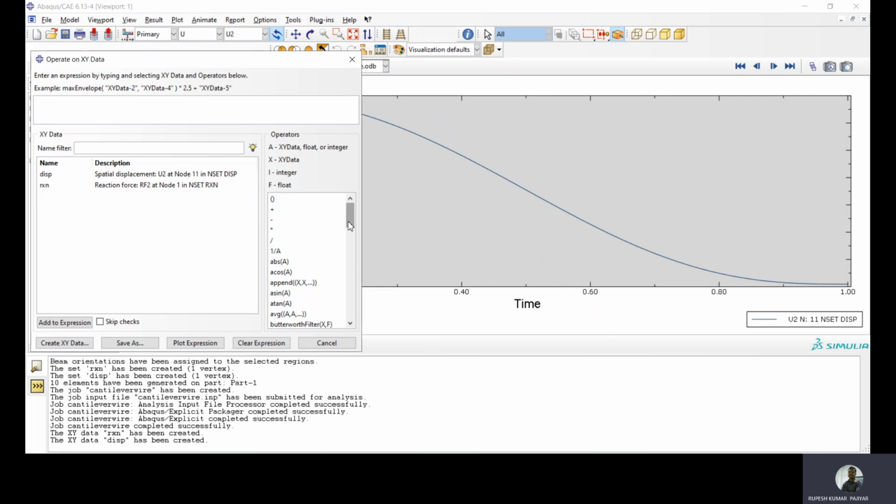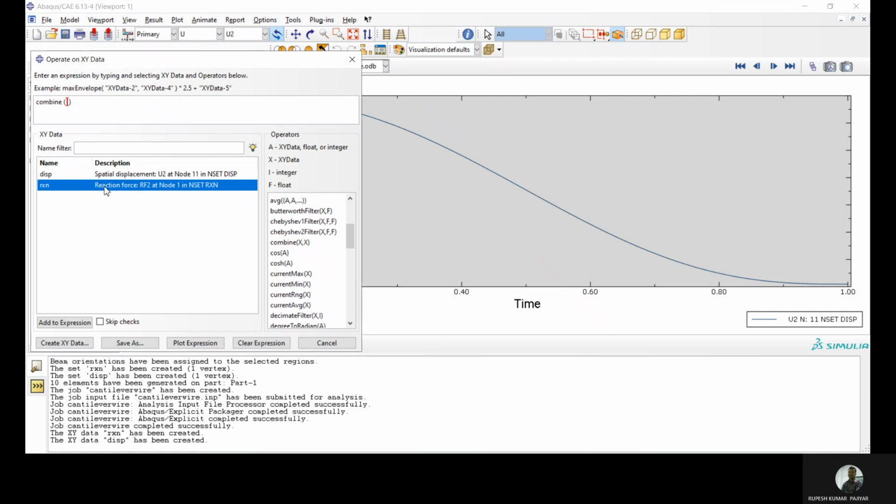Now we are going to operate on XY data. Okay, we'll combine both of these. Combine. Reaction, add to expression, comma, minus of displacement.